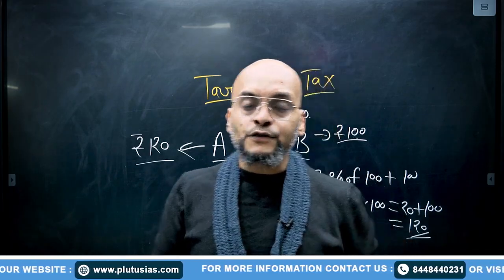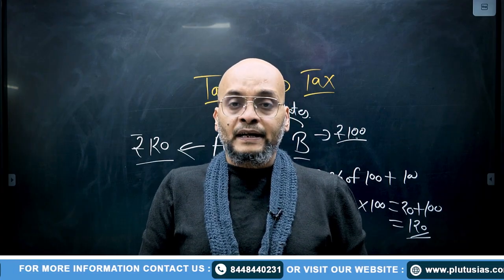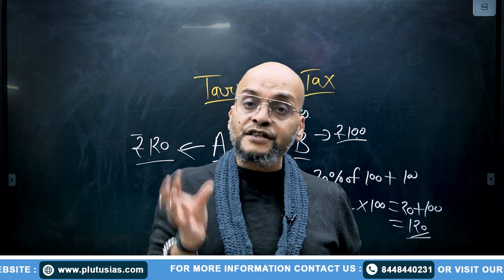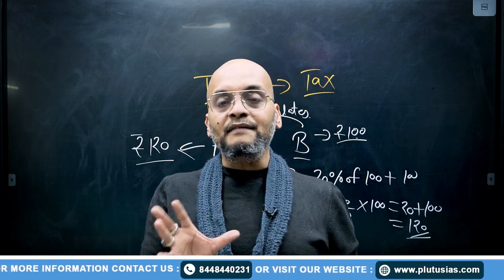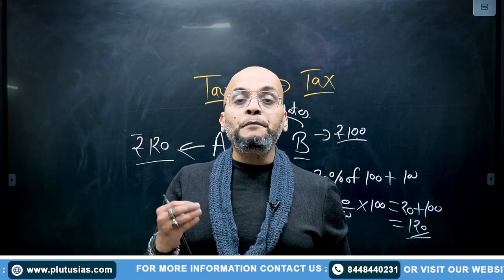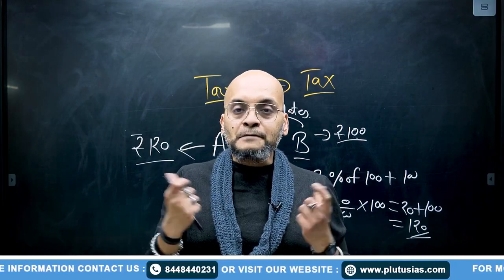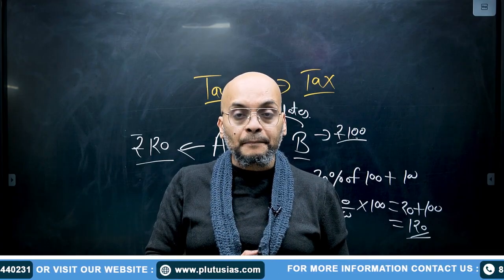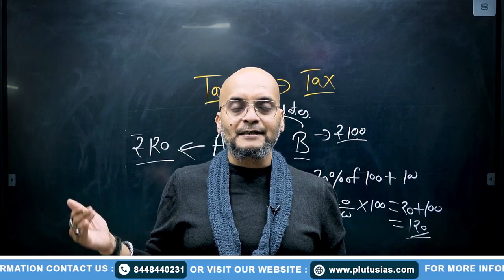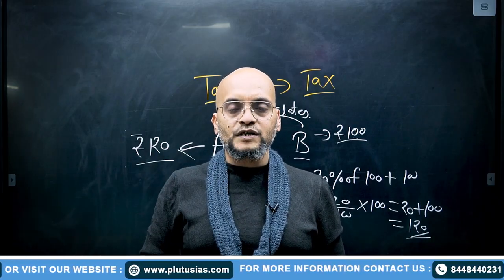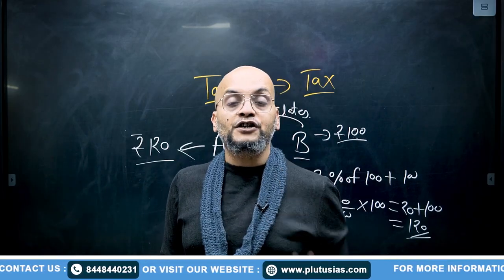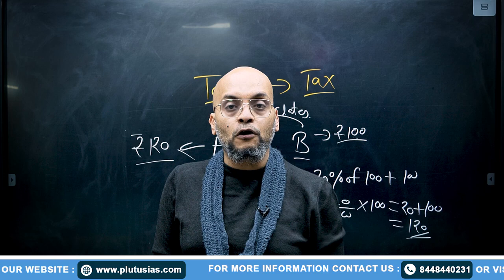So that's what happens when tariff is applied. Now the second and obvious question that arises is, why do countries apply tariff on other countries' goods? Why do countries impose tariff on the imports? The reason is simple. See guys, first of all, tariff comes under protectionism. This methodology is called protectionism. There are certain other steps that can be taken under protectionism, that is giving subsidy, applying quota. But let's forget about those things. Let's just focus on tariff as of now. So tariff comes under the act of protectionism.